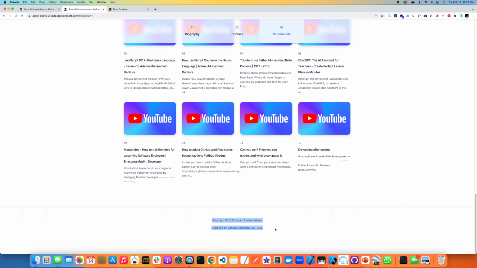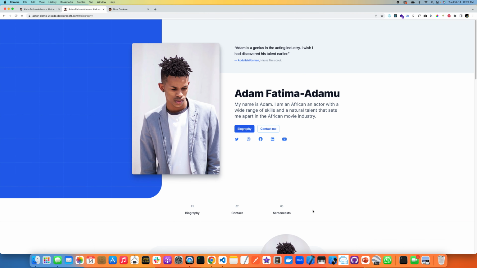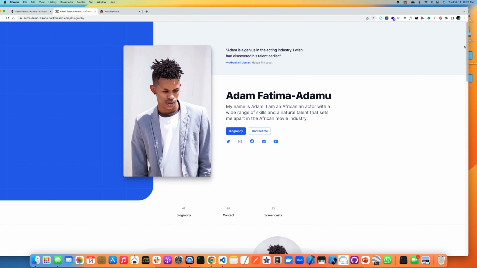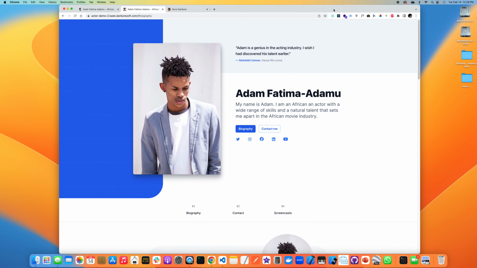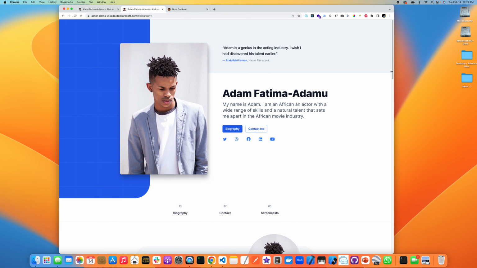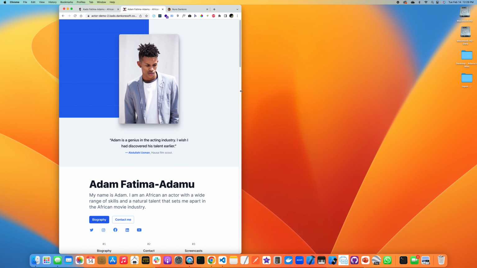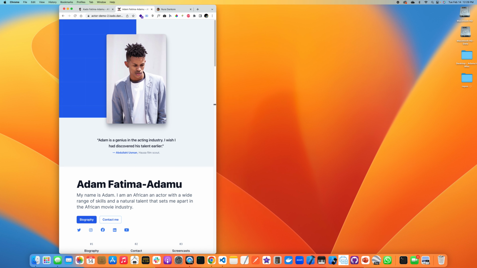And then this is the footer. It would have your name, and then this is my agency, and this is also fully responsive. So I'm going to try to squeeze my browser and watch it as it reshapes and resizes very elegantly.